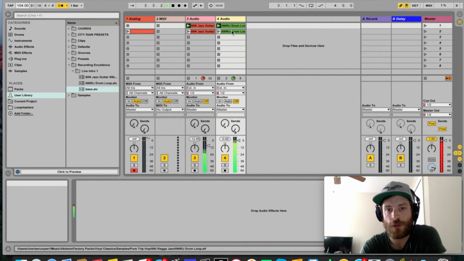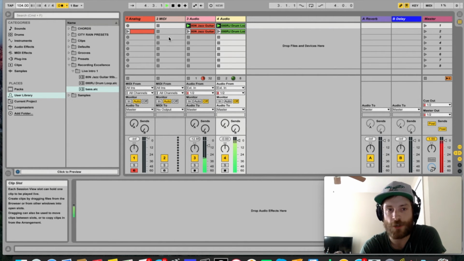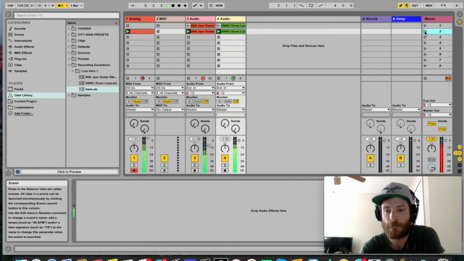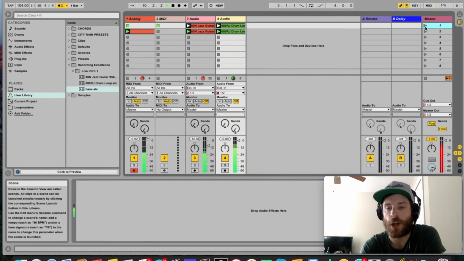But in row number 2, I have the drum loop, the jazz guitar, and the MIDI bass. So when I activate row number 2, it's going to play that additional element in time. 1, 2, click, and 4. And I can go back and forth